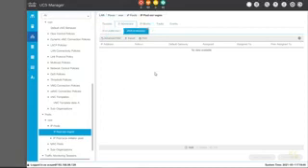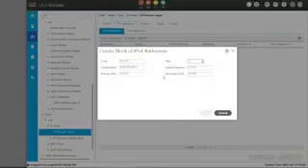We can click over here and add IPv6 addresses if we so choose. So we'll come down here, click add. We're going to add a block of IPv4 addresses. So we might say in this case